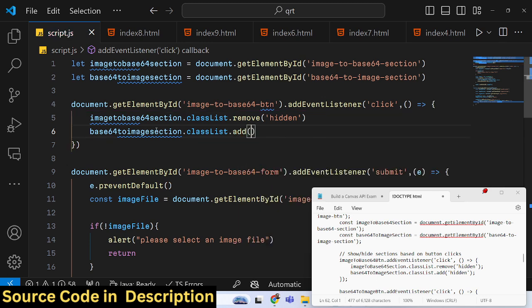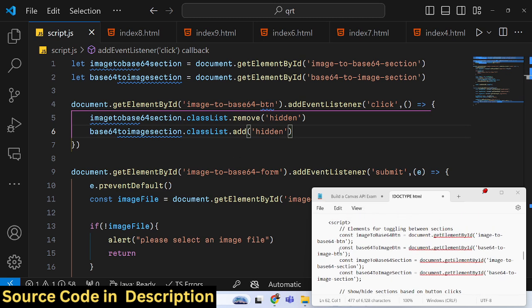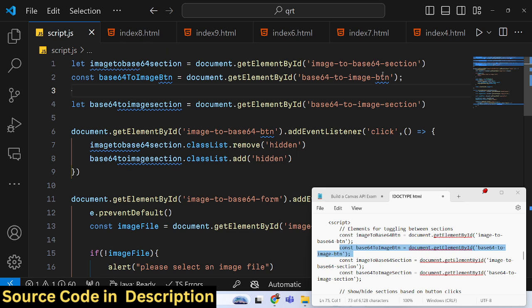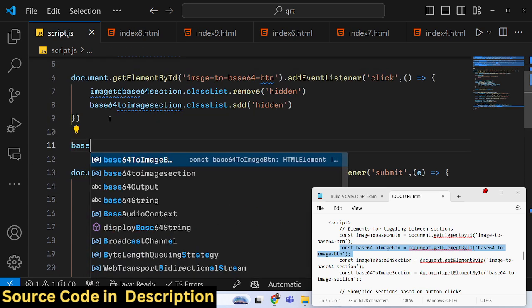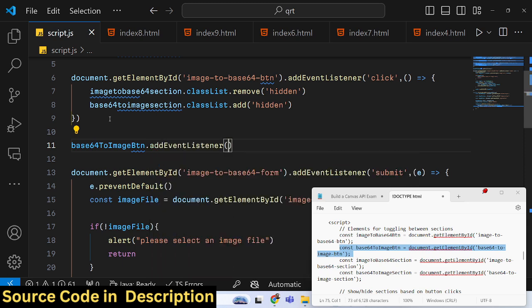We need to add this hidden class. And also we need to get access to the image to get this in base64 code to image button. We need to bind a listener to it, base64 code to image button. So whenever we click this button,